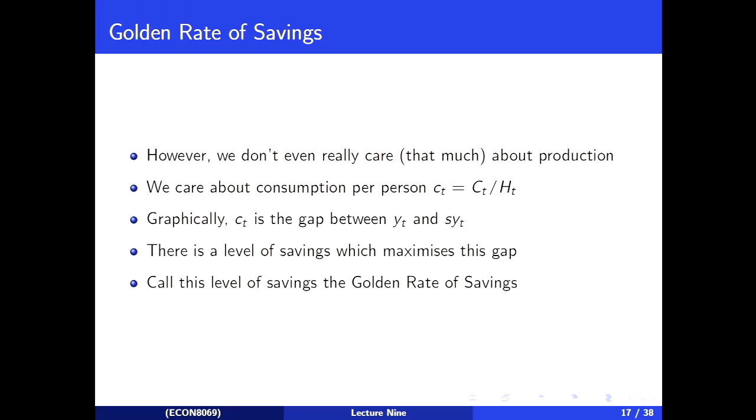Take home here: more savings and more capital might be good, but it might not be good. It's unclear. Yes, we're still assuming technology is equal when we're doing this analysis, and all that kind of stuff. I'm not going to say more because I don't know if that's true or not. Yes, we're assuming everything else is held equal.